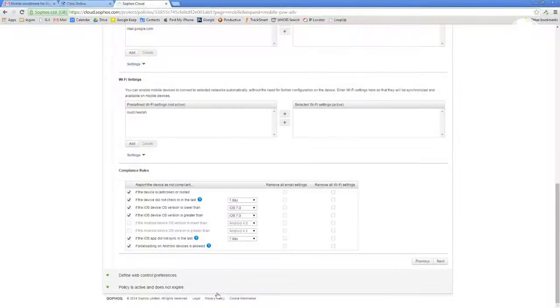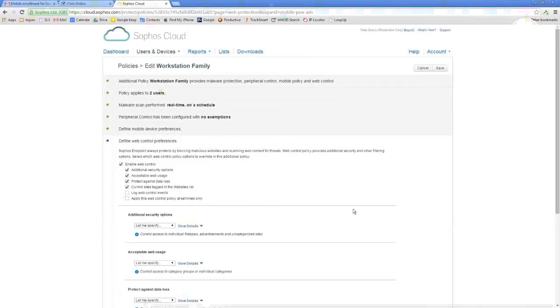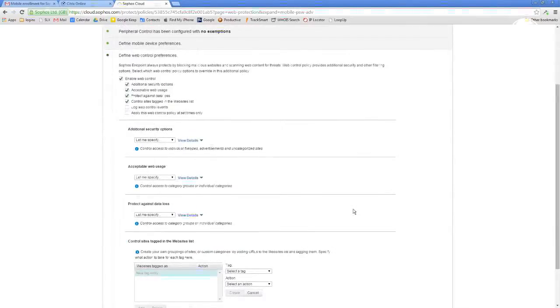Give me just a sec here. There we go. Right, and then the last thing that we're able to do here is web control. And so this is talking about web content filtering. So we do web content filtering at the gateway here, but now we can have this policy follow employees no matter where they're at on the environment. And if you don't have the capability to do web content filtering at the gateway, this gives you a capability you haven't previously been able to have. So we've got that turned on.